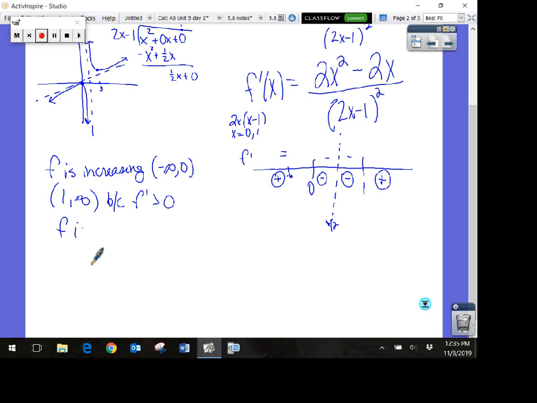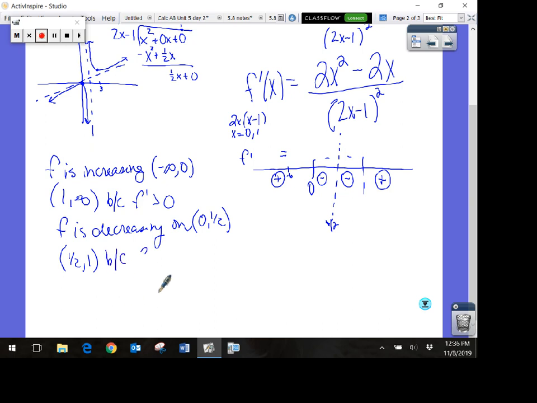F is decreasing. And we can say on the interval 0 to 1/2 and 1/2 to 1. We have to exclude the 1/2 because 1/2 makes f undefined. So that's why we had that little dash line. It didn't make it 0, it made it undefined, so it can't be part of our interval